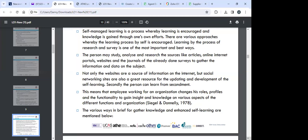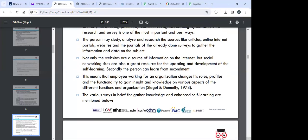Okay, but not only websites as a source of information on the internet, social networking sites are also a great resource for updating and development of self-learning. Secondly, source of data you can use. Then we have